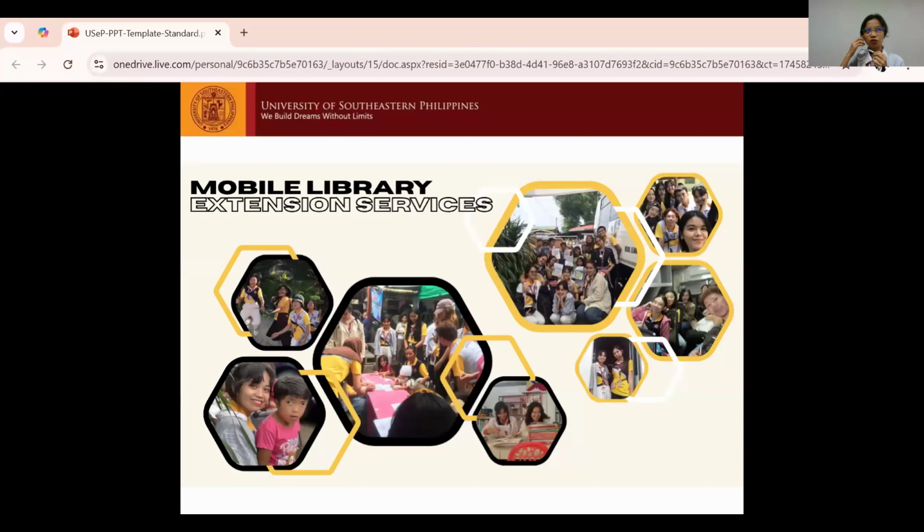This is actually in coordination with the city government, which is the Davao City Library and Information Center. So we could render these services more accessible to these children who are far away from the library. We have mascots as well to make it as inviting and entertaining to them as possible. We wanted to make sure to foster the love of reading, as well as to break the usual conventions of library services. In all of Davao City, there are actually only a few libraries that are accessible to patrons. So the government saw to it that they should deploy a mobile library unit to bring these library services right to their doorstep.